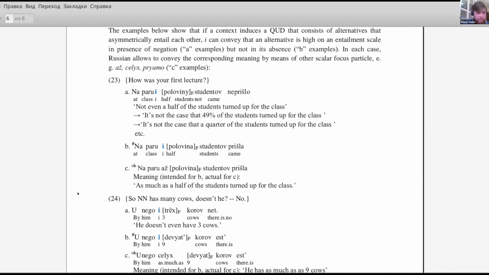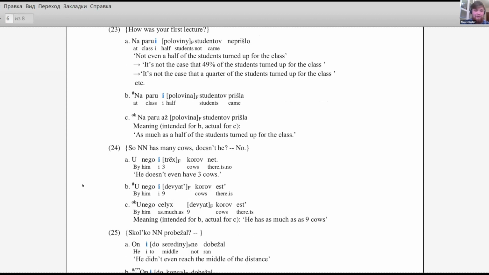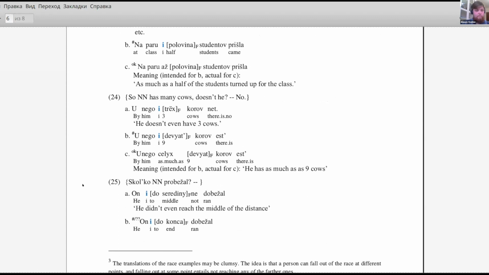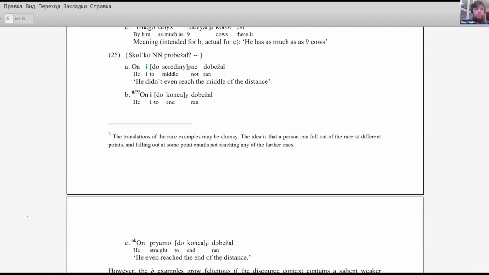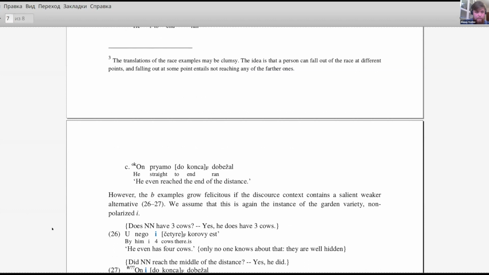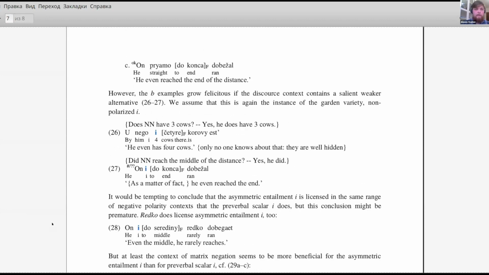And similarly in 24, if we discuss how many cows there are in some person's possession, we can say, no, у него и 3 коров нет. He doesn't even have 3 cows. But out of the blue, we cannot say, у него и 9 коров есть, meaning something like, у него целых 9 коров есть. He has as much as 9 cows, right? And similarly with the distance context, which, given the common ground, works in the same way regarding the alternatives that entail each other asymmetrically. So there were 3 examples where A versions with negation were good, B versions without negation were bad,